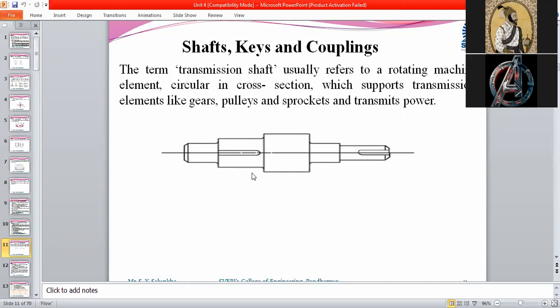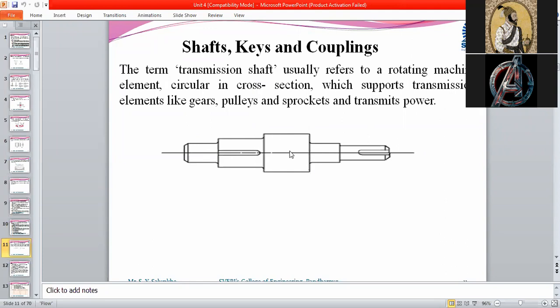Even in the case of a bicycle, if you look at the shaft used to mount the wheel, that is also a shaft. It allows the wheel to rotate freely, and we can get the propagation. Everybody has seen that shaft and knows what a shaft is. We just need to put it in proper words and define its function. So everybody knows this shaft, and we have to design it.